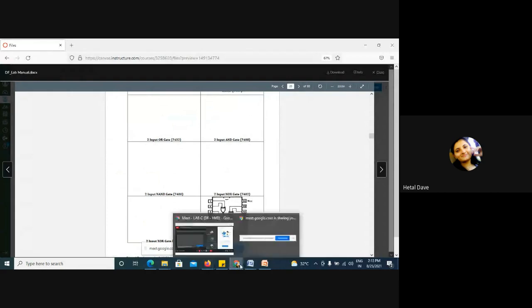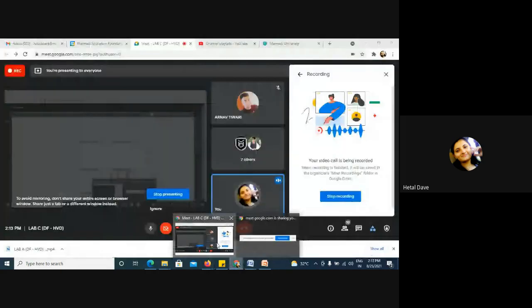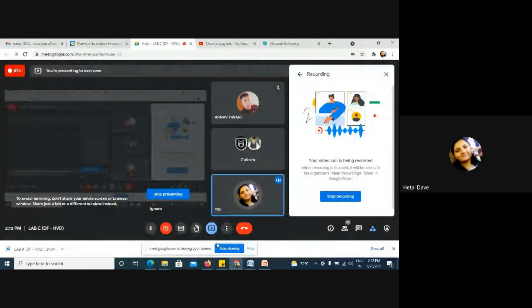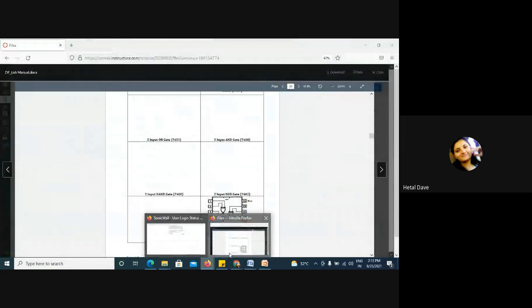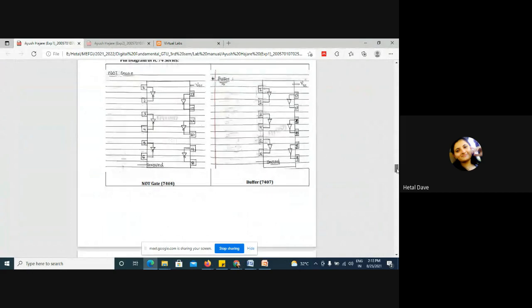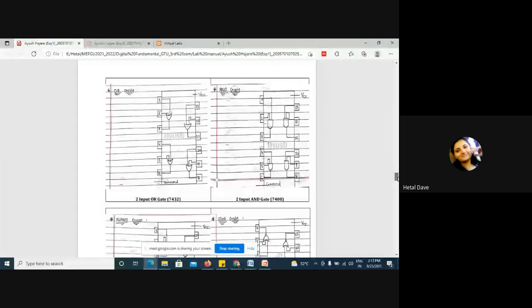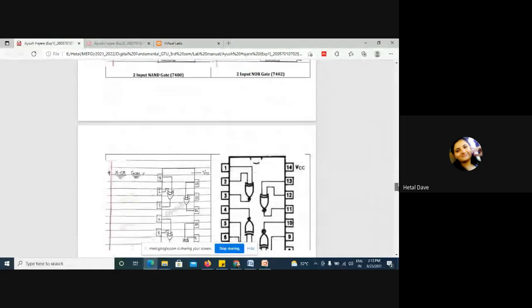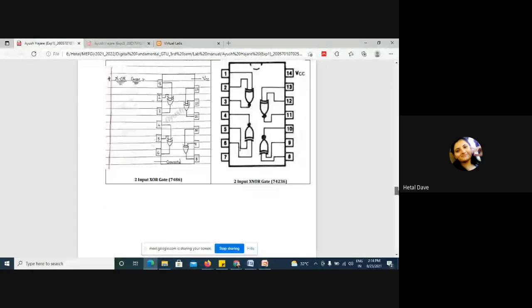I would like to make it clear. In lab 1 only, I explained how you prepare your lab manual. This is the second time I'm explaining, so please be very careful about it. You will prepare this kind of document, where you need to draw any diagram in your book, take a picture of it and paste it here. Wherever a blank space is given like this, everywhere you will prepare your own work. Make sure you don't copy from anywhere.